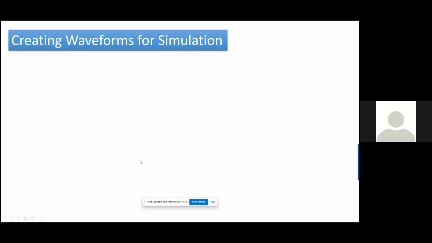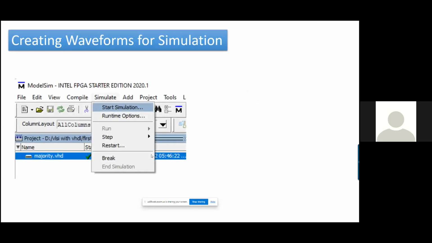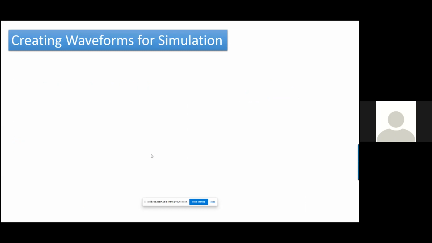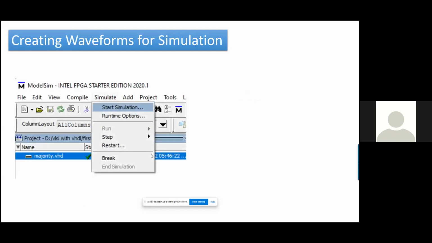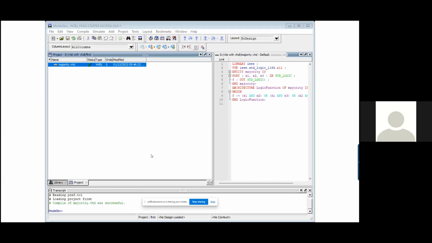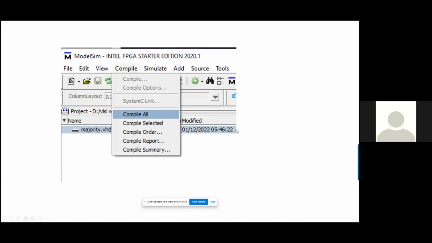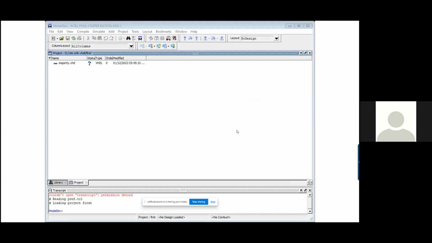Then we create a waveform for simulation. Design part is over now. Now we go for simulation. For simulation, once again, earlier you observed it was a question mark in the status.